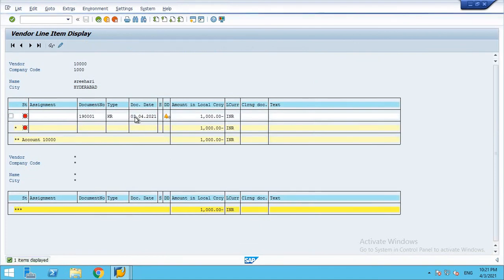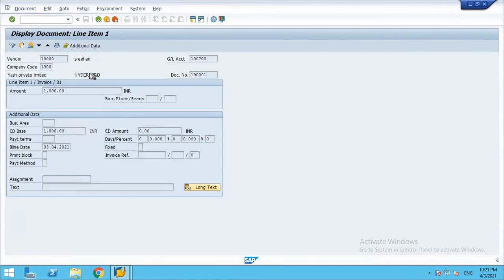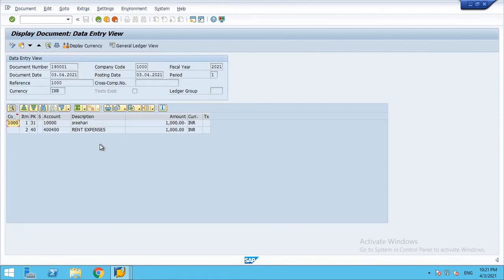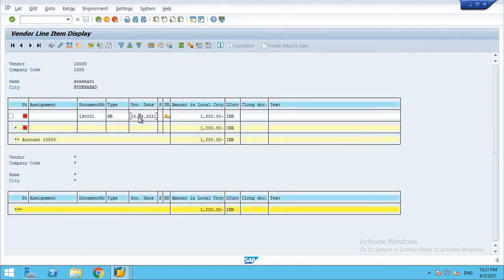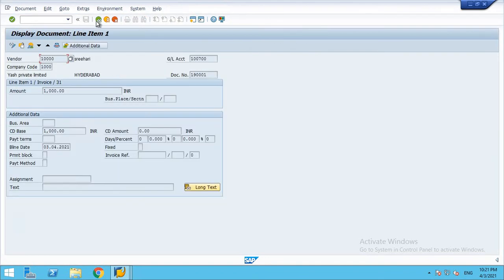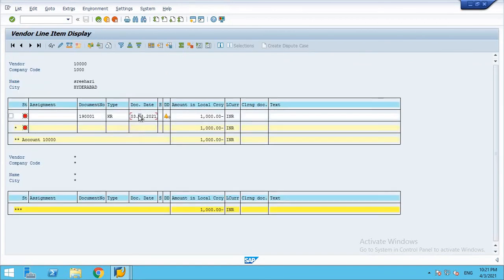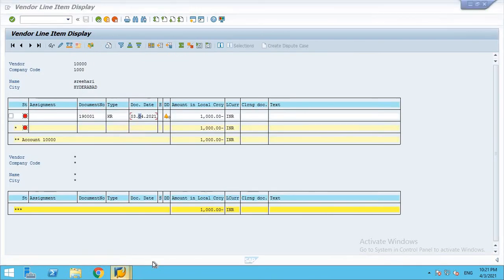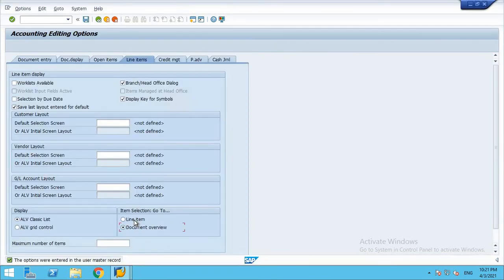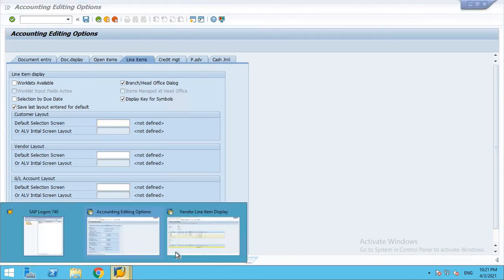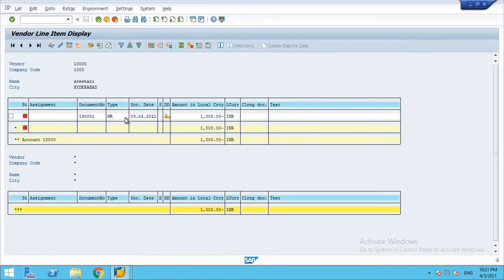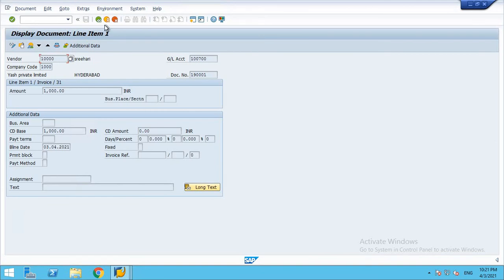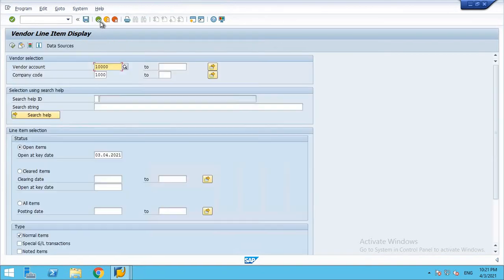If I double click this button, it shows debit and credit. You might see that if I double click this one, it goes directly to one of the line items. Now let me go with line item. I saved it and I'm going back.